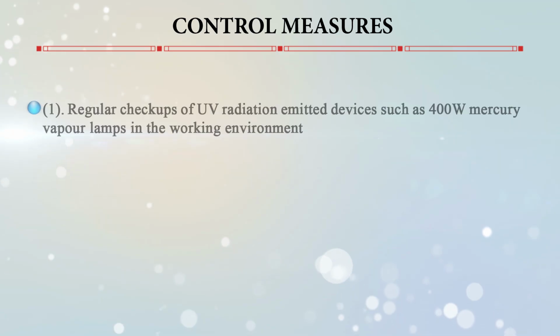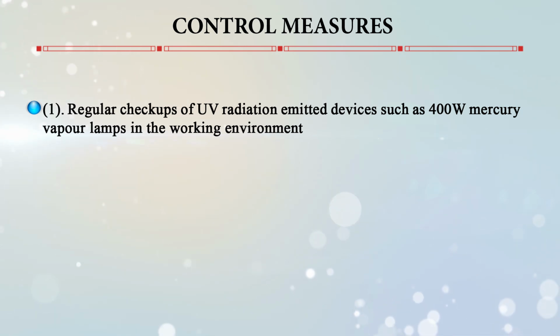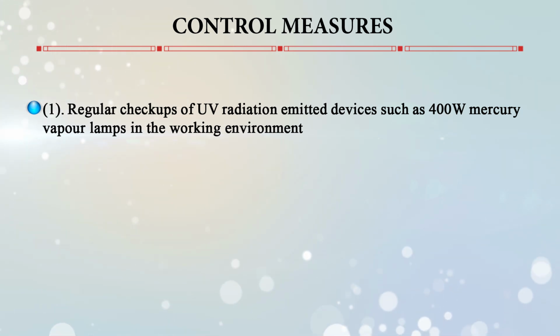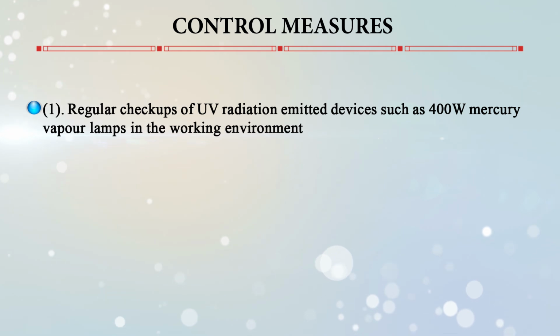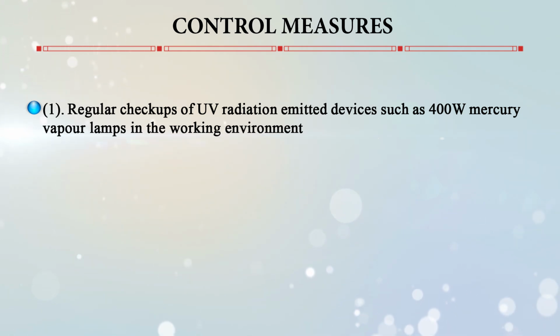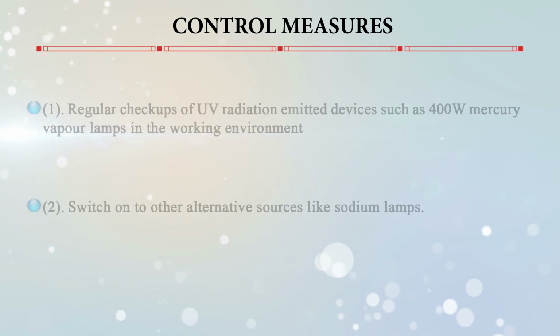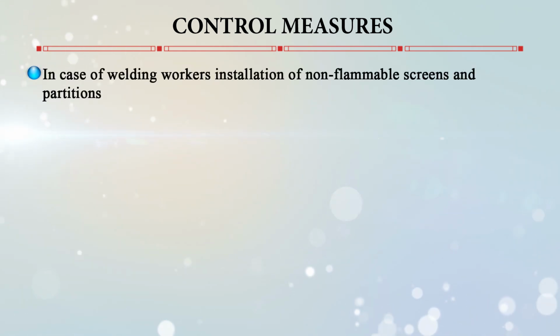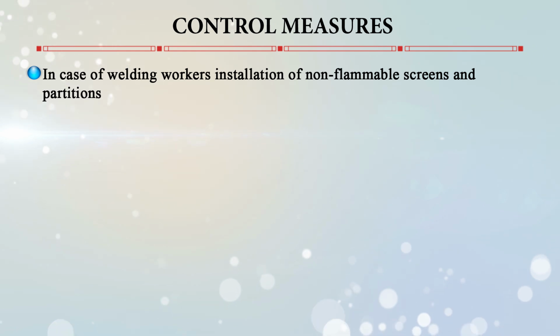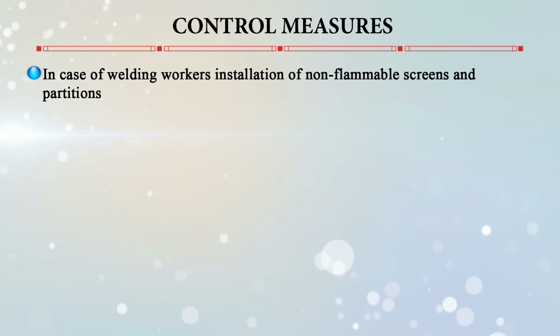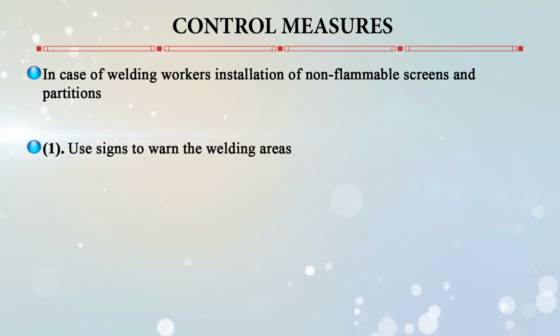So now we will go for the controlling measures. So, regular checkups for UV radiation emitting devices, like 400 volt mercury vapor lamps in the working environment, and switching to alternative sources like sodium lamps. So in the case of welding, installation of non-flammable screens as well as partitions for the workers,